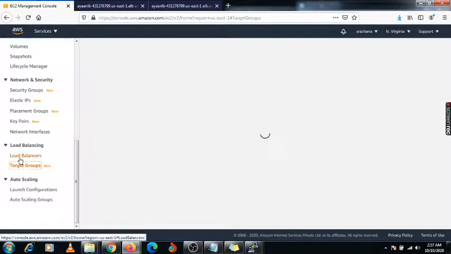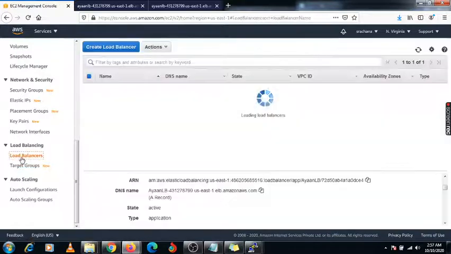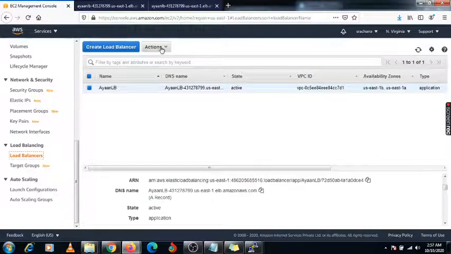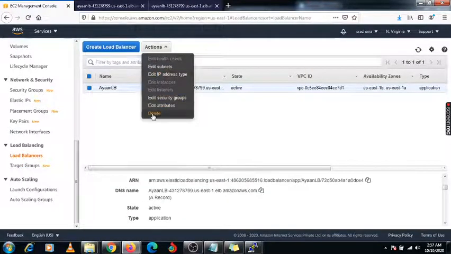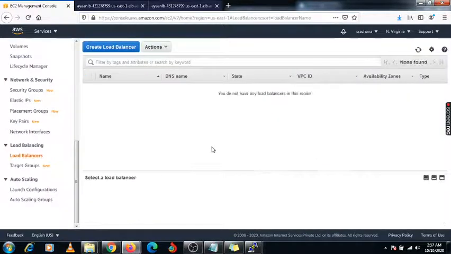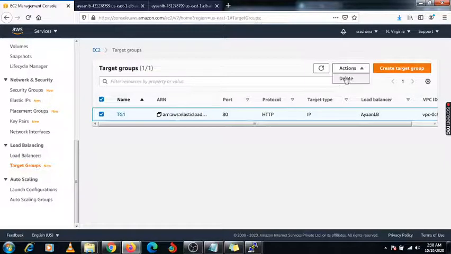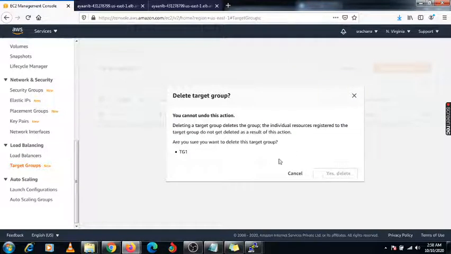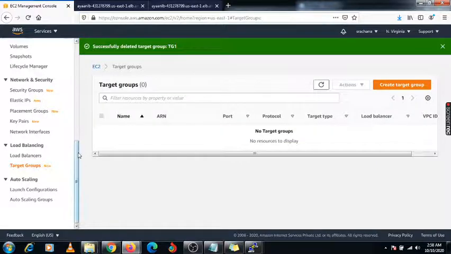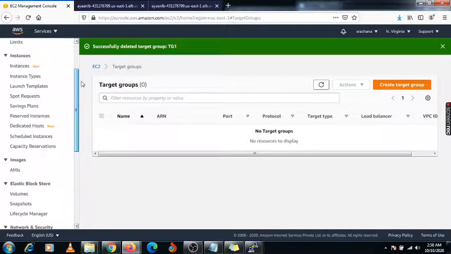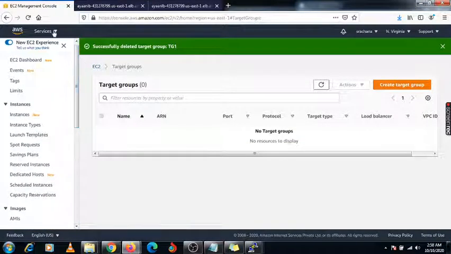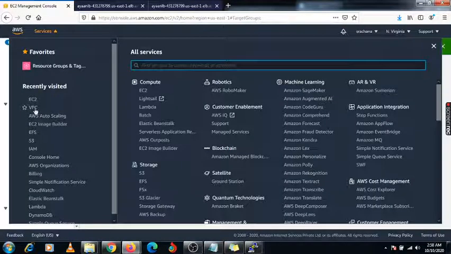First you need to remove your load balancer. How can you remove it? First click on delete, then go to the target group, click on it, then Action, Delete, Yes, delete. Now go to your VPC.